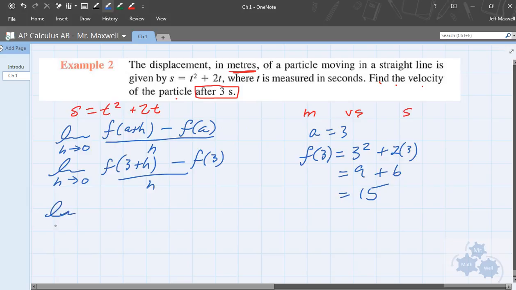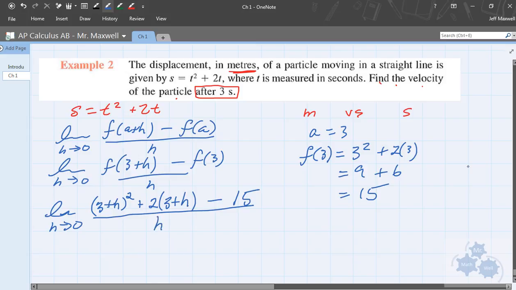And of course, with f of 3 plus h, it's the 3 plus h that goes in for t, there and there. So let's do that. We will do 3 plus h all squared plus 2 times 3 plus h, minus 15